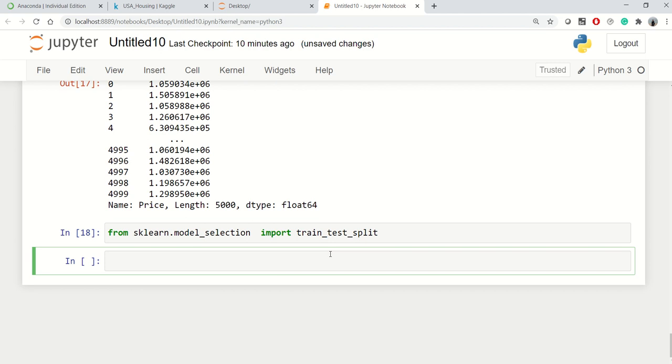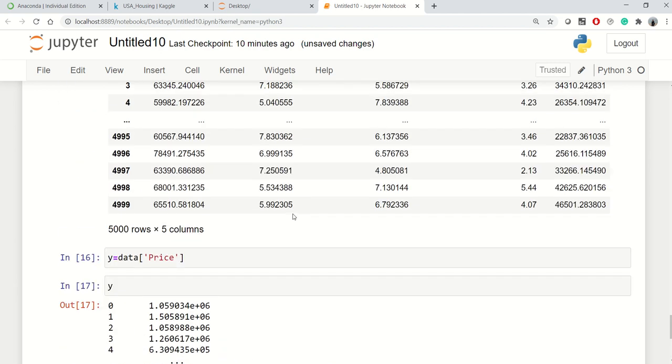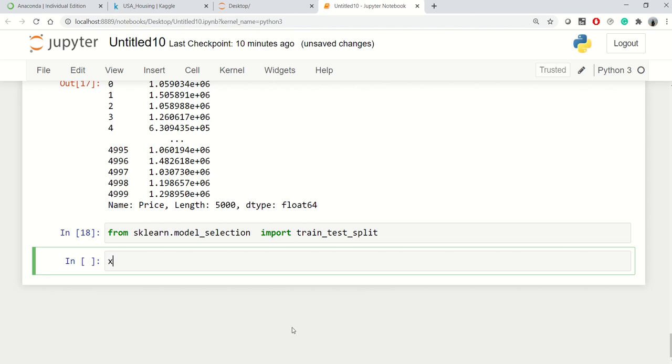Okay, and therefore we need to create 4 variables. In the feature variable we need to create 2 variables, which are train and test. So I'll say X_train and X_test. This is for features, one for the training set, the other for the testing set. And then for our dependent variable we need 2 more sets again.